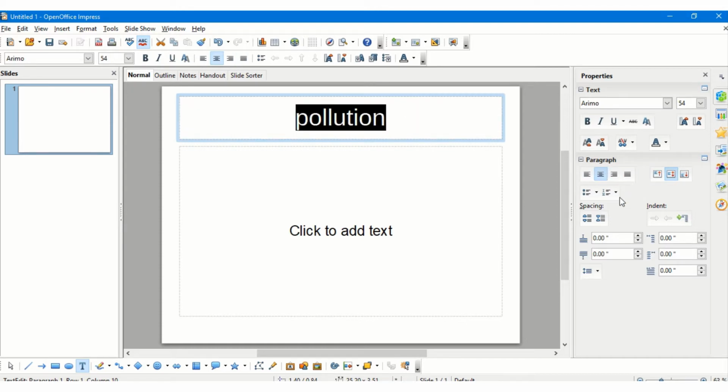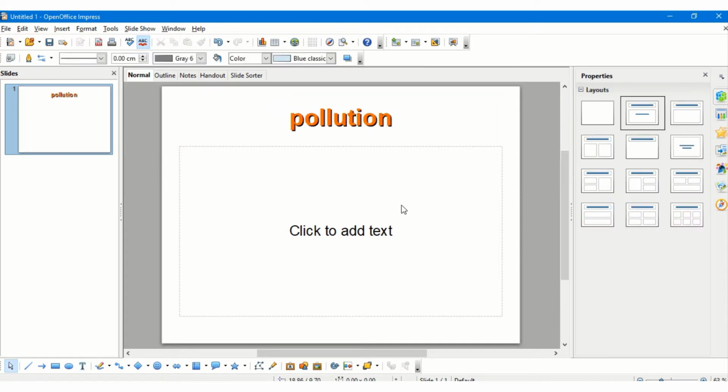I can also change the color of my font and make it bold, italic, underline, strike through, and give a shadow effect to it.